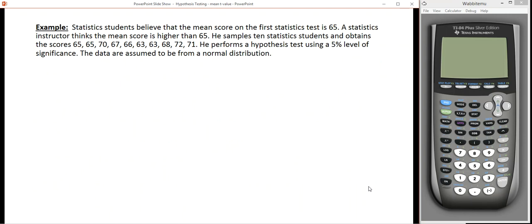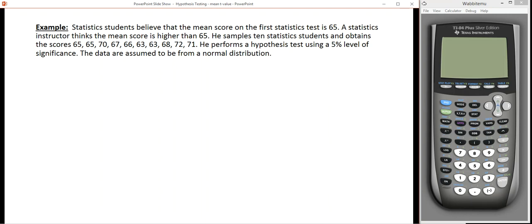Okay, so let's look at an example. Statistics students believe that the mean score on the first statistics test is 65. A statistics instructor thinks the mean score is higher than 65. He samples 10 statistics students and obtains the scores 65, 65, 70, 67, 66, 63, 63, 68, 72, and 71. He performs a hypothesis test using a 5% level of significance, and the data are assumed to be from a